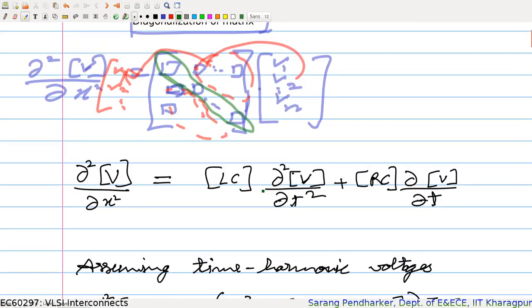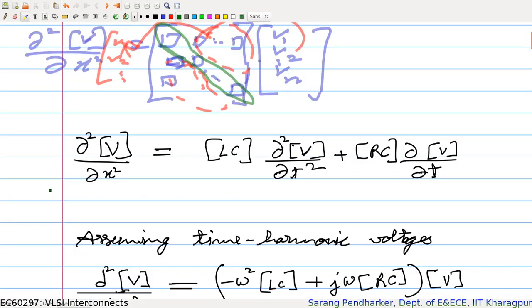Before we start, let us clarify a few things. The nature of this coupling matrix can be different. For example, I can have a matrix where there is LC. Suppose R is negligibly small, or zero. In that case, I will just have an LC matrix, and it would have to be diagonalized. In the case where the inductive effects are negligibly small or not there, we just have an RC matrix, as we have seen for an RC coupled interconnect. In that case we would be required to diagonalize only this.